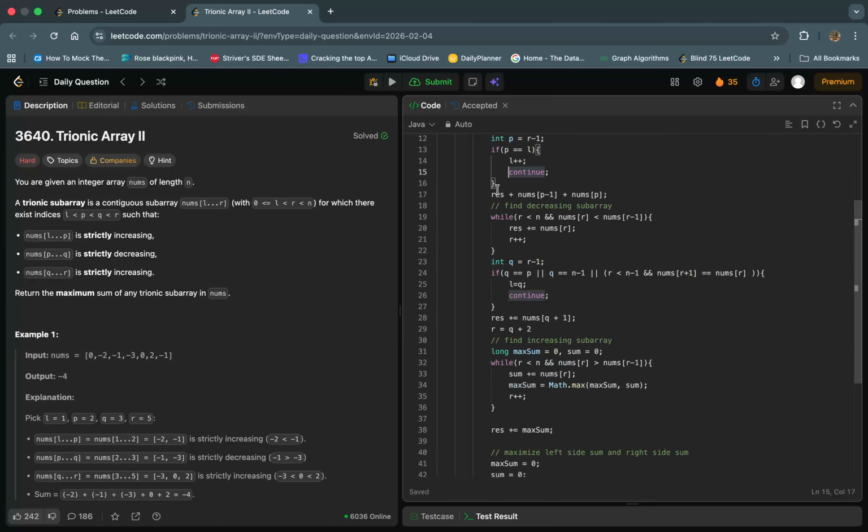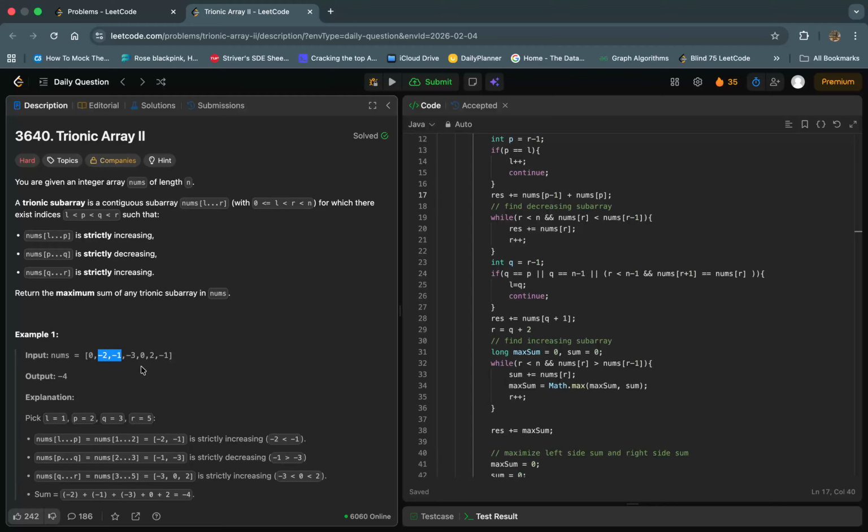And if the condition has satisfied, then we will be including our pivot index p and the element just before it, both, because we need at least one, like -2, -1. Only with that it is forming an increasing subarray. So this has been included here,